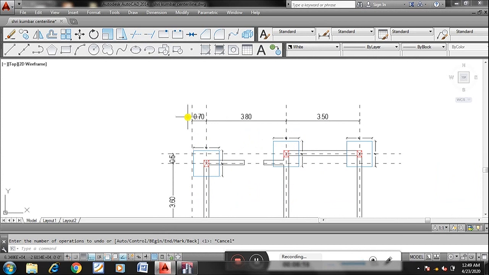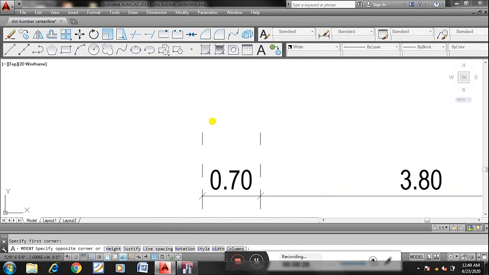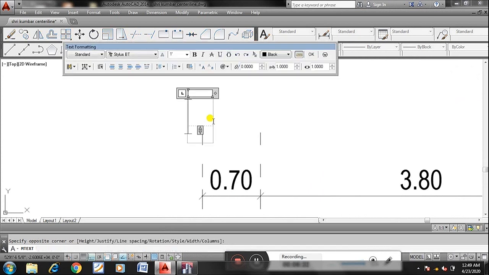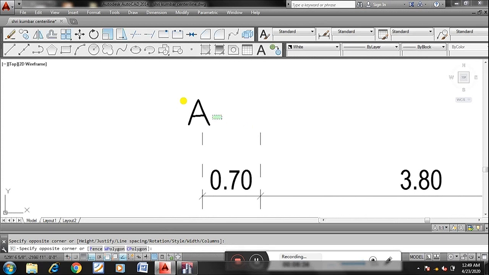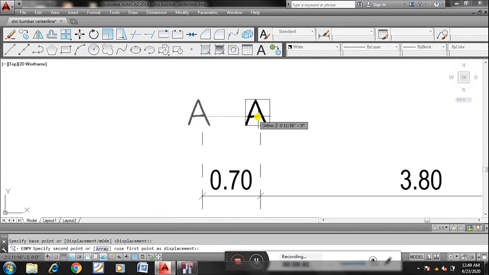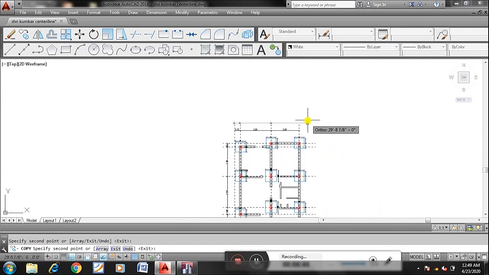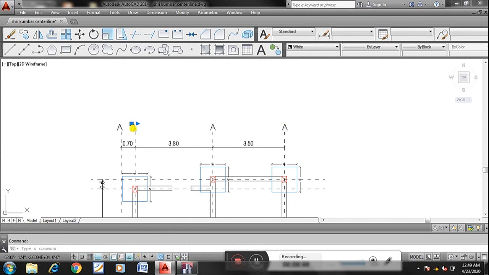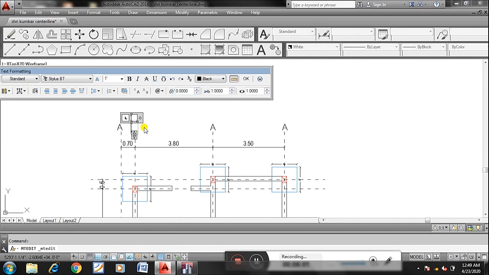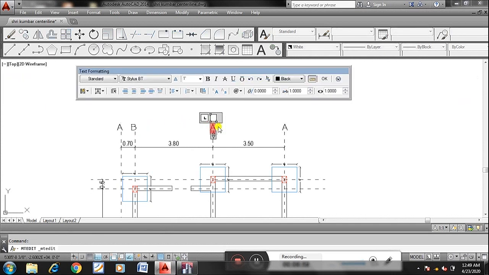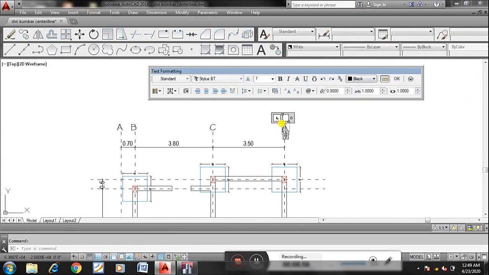Here it is a, this is b, c, and it is d.